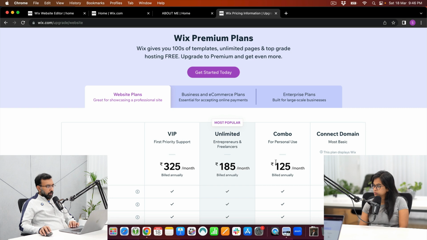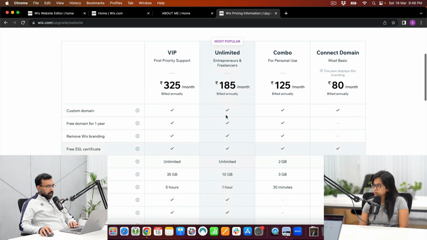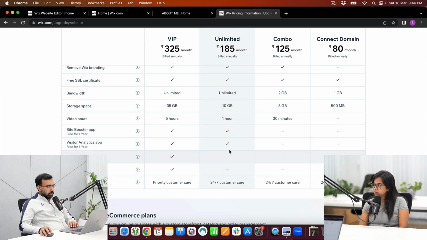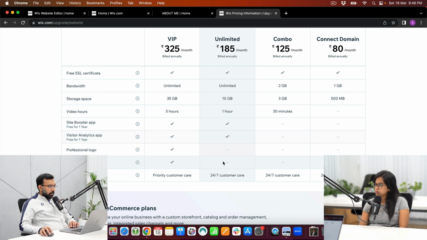So I went for the combo plan, and I didn't feel like we need this particular plan because analytics and all, we will go ahead and configure it on Google Analytics. So we don't need analytics. We don't need a lot of bandwidth also. 2 GB is more than enough. And in the VIP plan, they also give you like a professional logo and social media logo files,